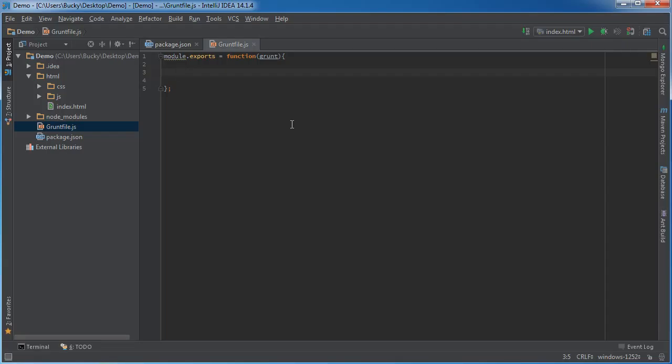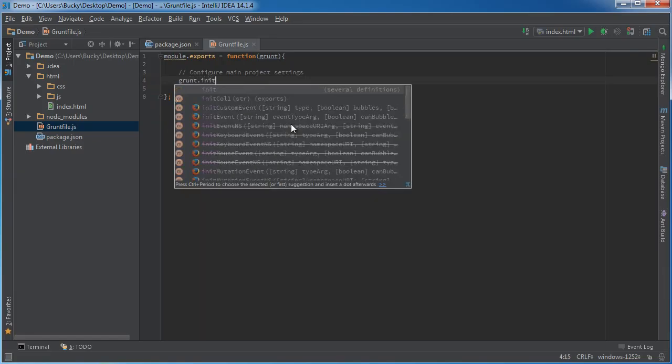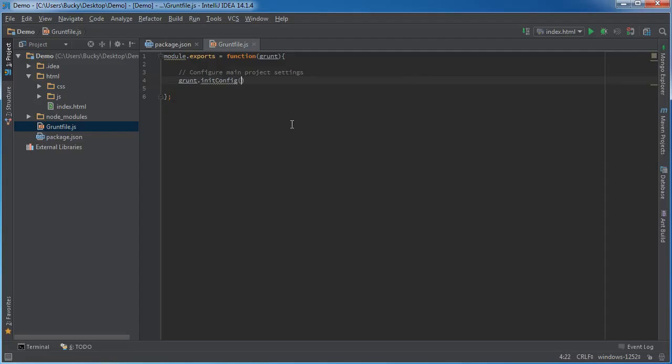So just to set up the core plugins, let me add a comment, like configure main project settings, something like that, whatever. So in order to do that, call grunt init config, and thanks to JavaScript you need parentheses and semicolons and curly brackets everywhere, so let me get those out of the way. So before we even start loading in the plugins, we're just going to say,